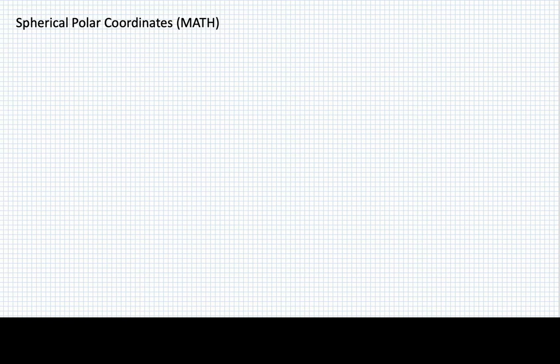I'm going to take a short break from partition functions to talk a little bit about spherical polar coordinates, because it'll turn out that these will be important in considering some of the problems that we need to deal with. Now, most of the time we're working in a system of Cartesian coordinates, so we're working with x, y, and z and functions of x, y, and z, so that if we want to, for example, do an integral of